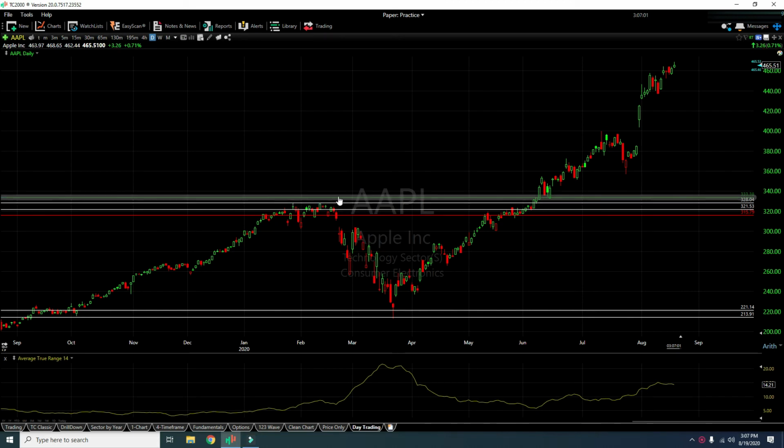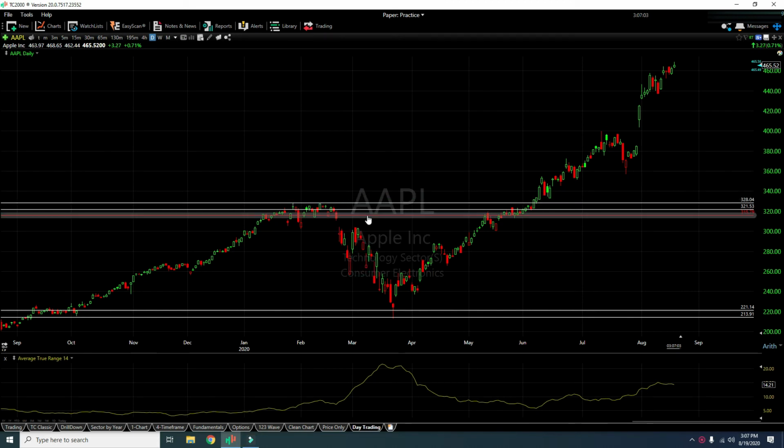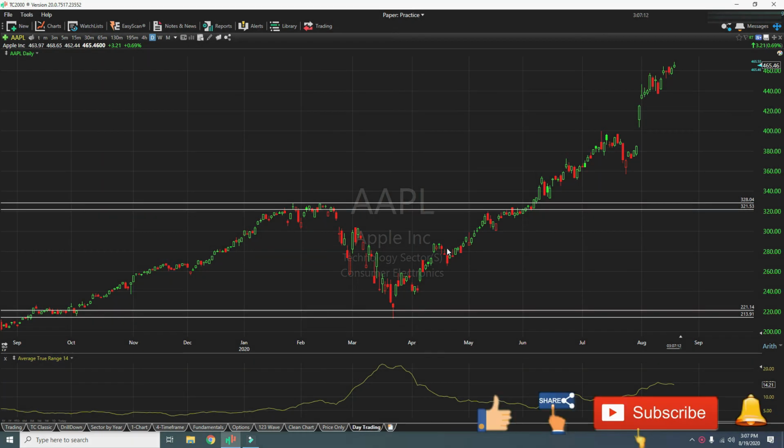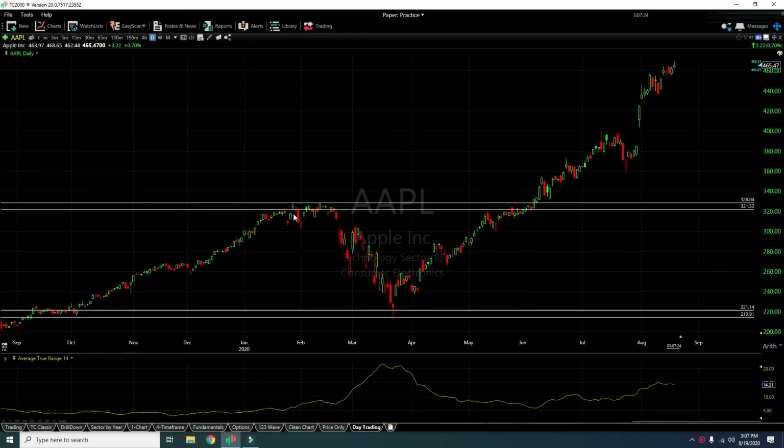Okay, now let's remove the stop losses I have added. Now we are back to support resistance. Now, a few things I want you to understand: when to use support resistance for breakout and breakdown. In this Apple daily chart, if you pay close attention, the price touches resistance several times in this area, right?